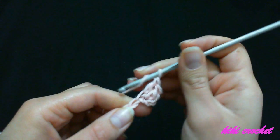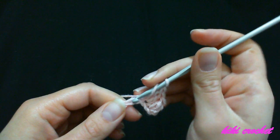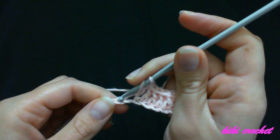And we're going to keep going. Next stitch, 3, next stitch, 4, next stitch, 5, next stitch, 6,